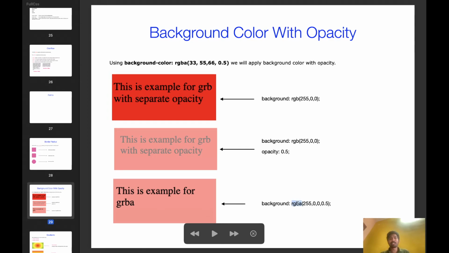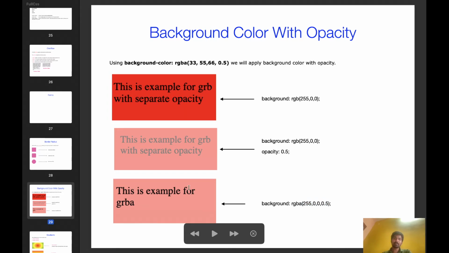Background color RGBA. Now a new one came. Till now we have seen RGB, but RGBA is also there. RGBA means background color with opacity. Here the fourth parameter in RGBA is the opacity.